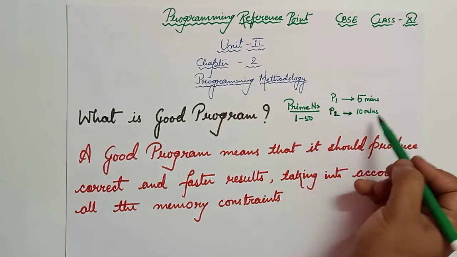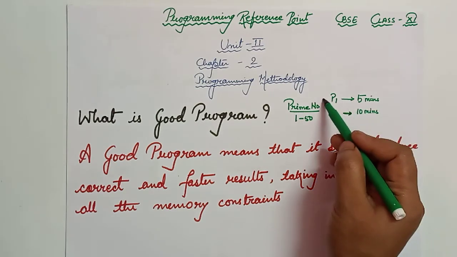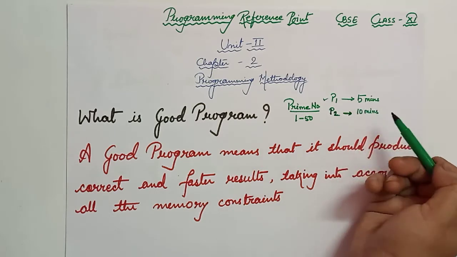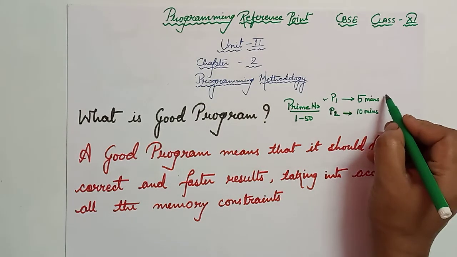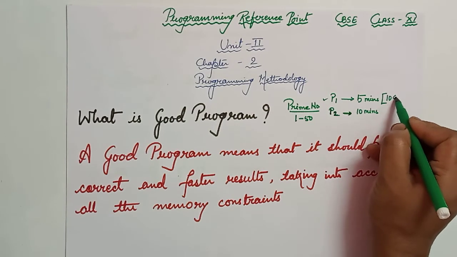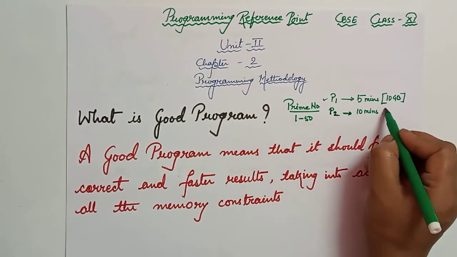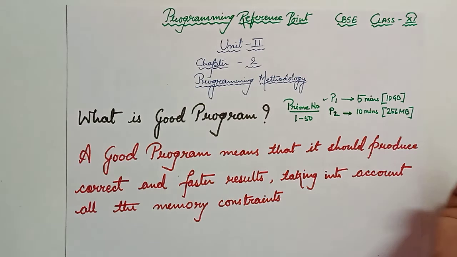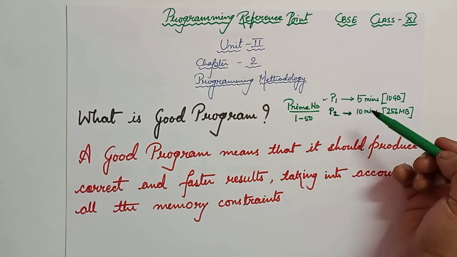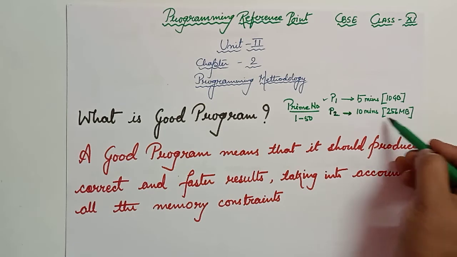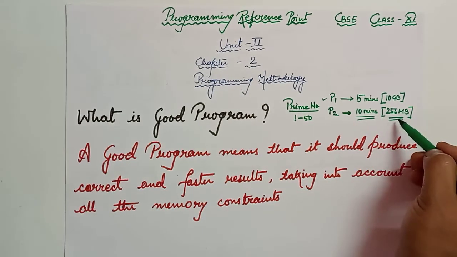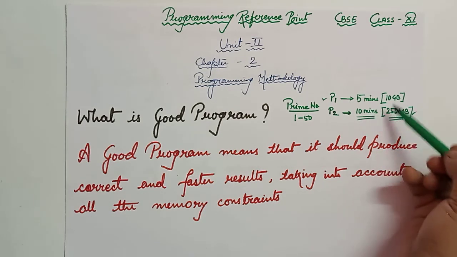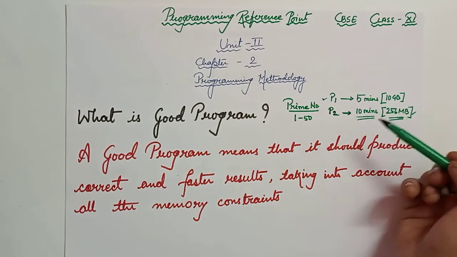Okay. So if you see the time constraint, definitely this program we will consider best because it is taking less time. Fine. Now let's say it is taking 10 GB and the other is using, let's say, it's just a consideration, 256 MB. So now which program will we consider better? Definitely, maybe it is taking more time but it is using less memory, so this program will be considered the best. So there are some constraints, time and space, all these constraints are there for a good program.